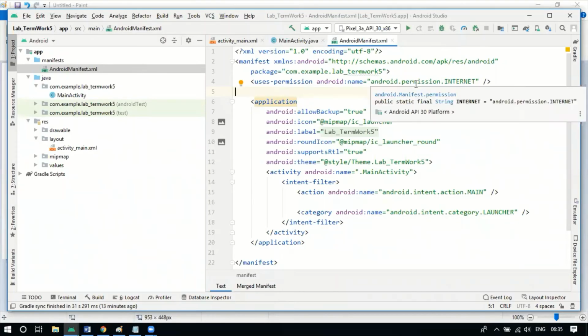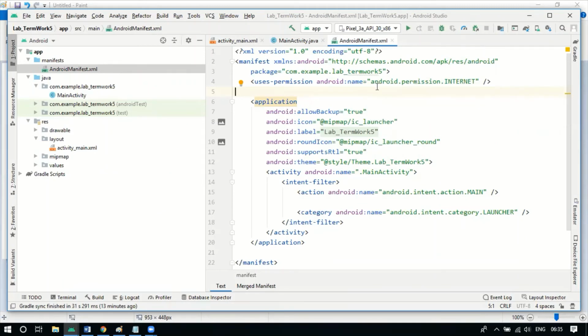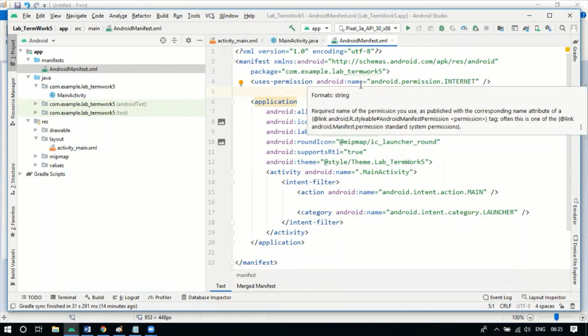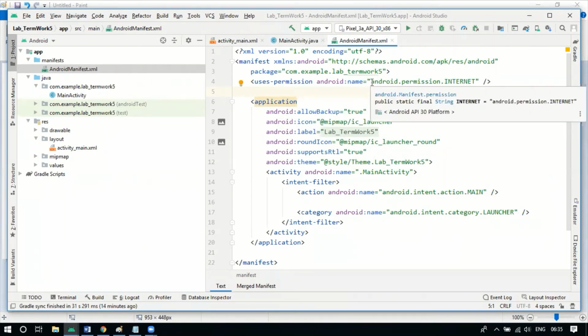So this is the most important thing. Even if you have written the code properly, but if you have not given the permission, then your web application will not be launched inside the Android application. So whenever you want to include the web information or you want to display a web page, then you need to use the web view basically, and then you need to use this permission. So these are the two important things that you need to do in your program.